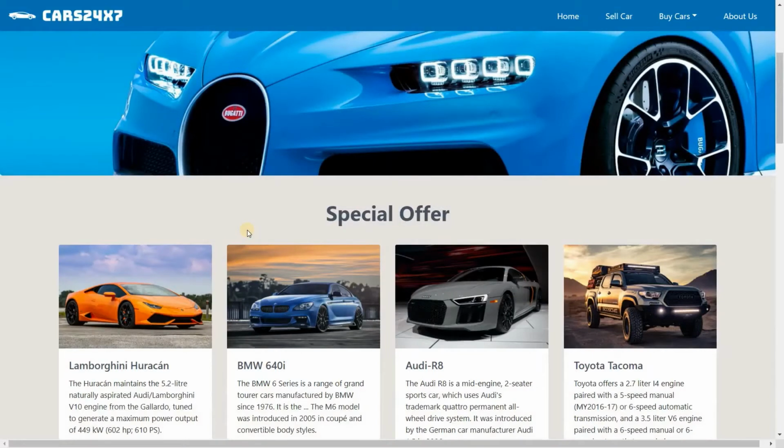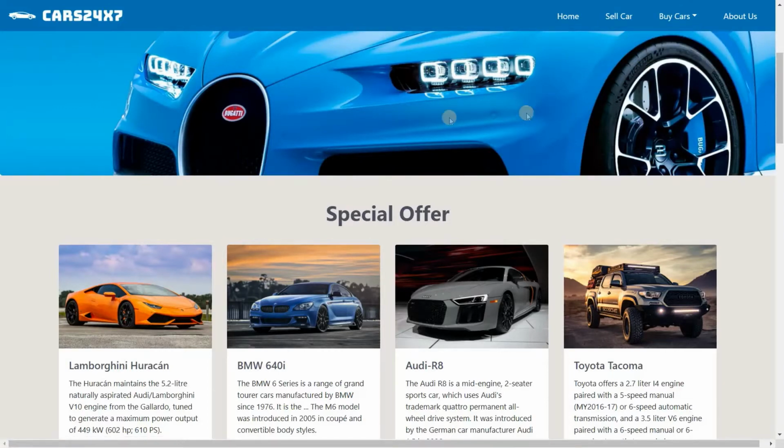After that, coming to technology, we have used Bootstrap, Font Awesome, and some HD images from different websites, and also HTML and CSS. By using Bootstrap, we have created this navbar, which has the logo of the company and all the different web pages pinned on the navbar. Additionally, we have used this drop down menu for the users to toggle between the new cars and the used cars web page.